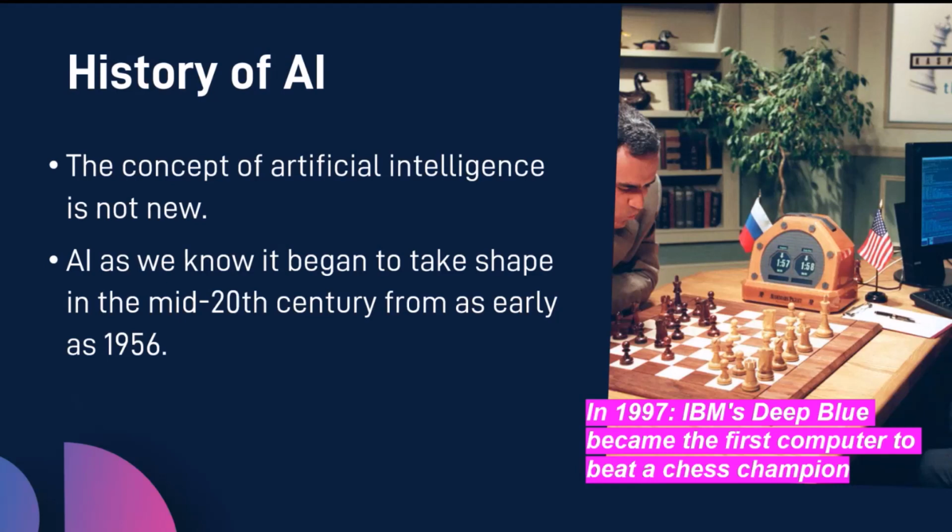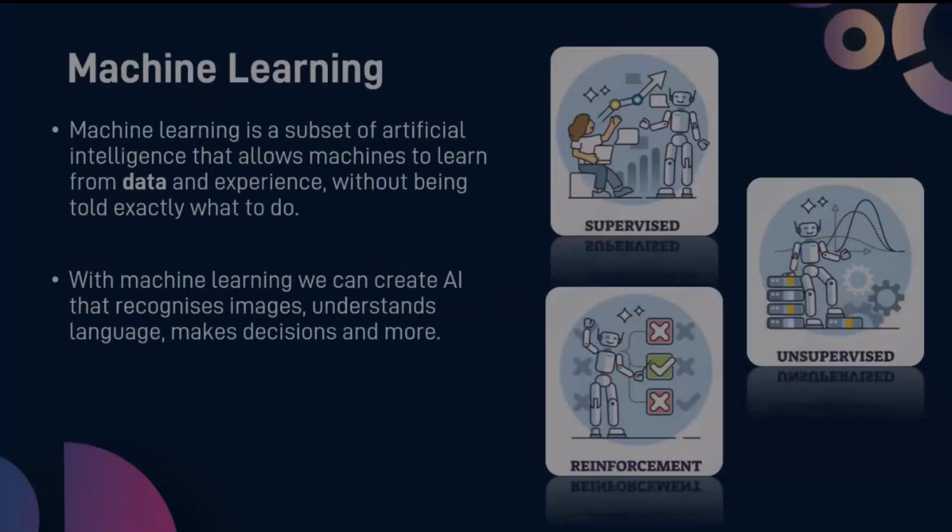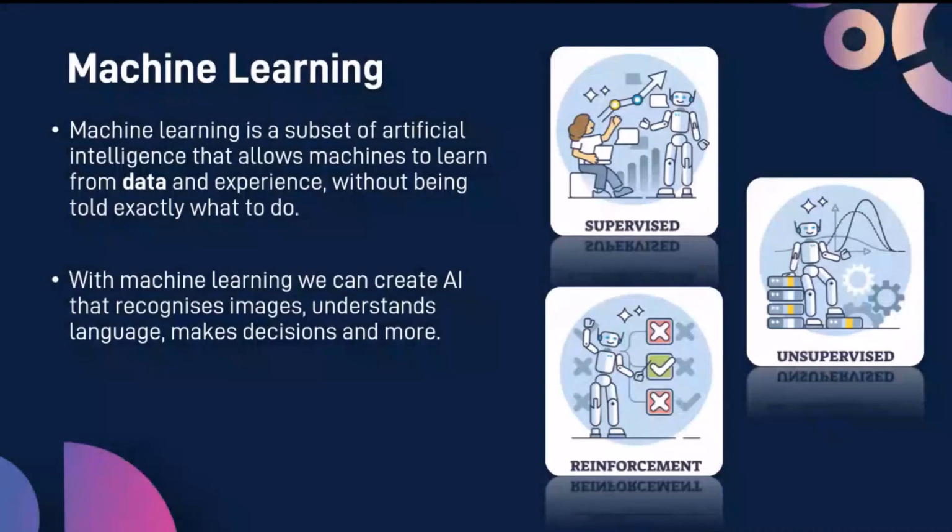And just to give you an idea of a historic event related to artificial intelligence, in the mid-90s, 97, here I'm showing you a photo of the first time that a computer program beat a champion chess player. And this was also thanks to artificial intelligence. So as you can understand, it is not a new technology, but it has evolved because now computers are working much faster than before. So it is more useful because the outcome of the AI is more immediate.